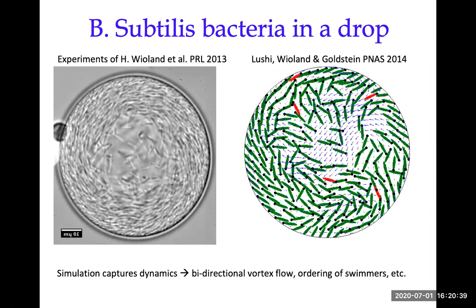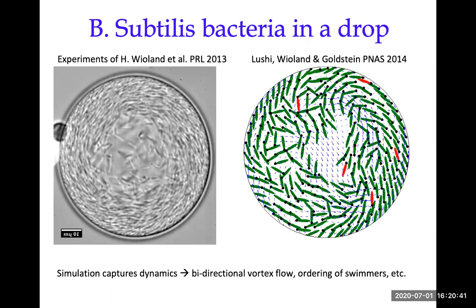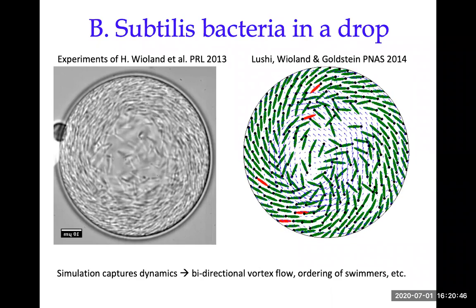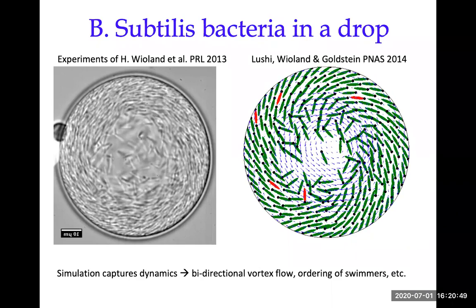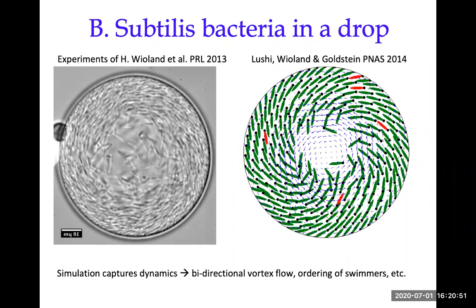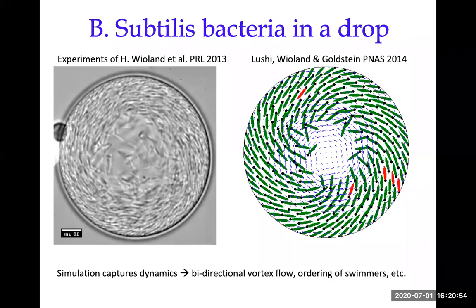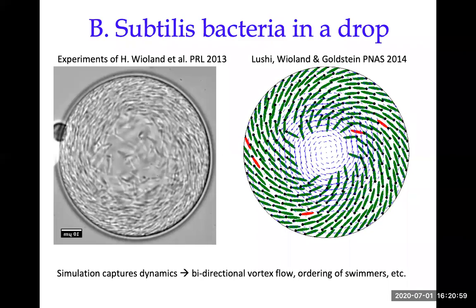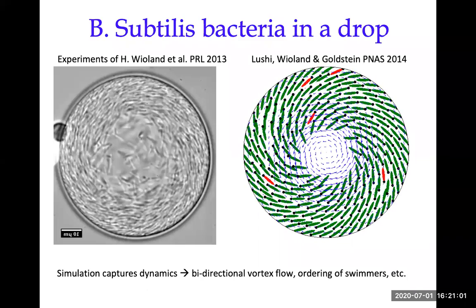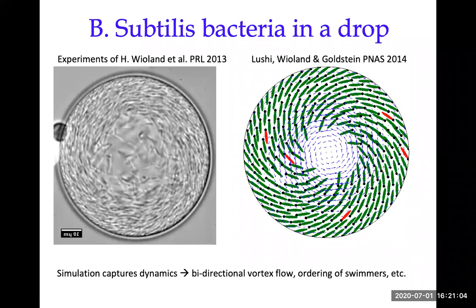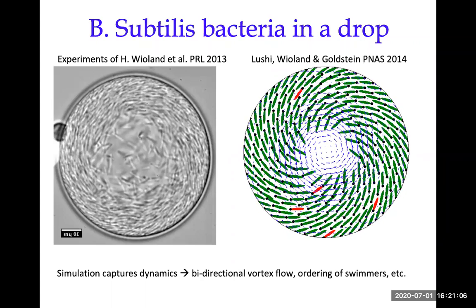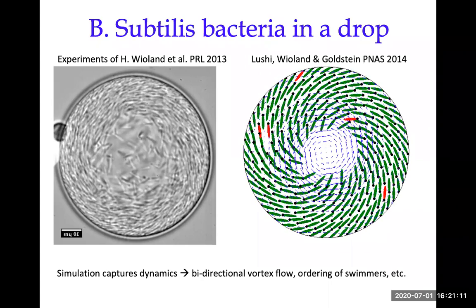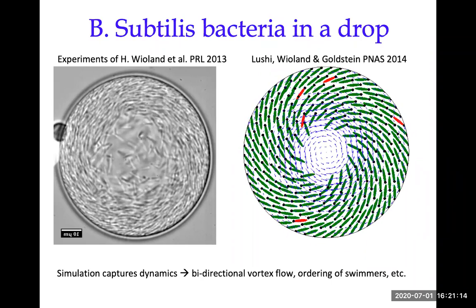I'm coloring here with the black dot the direction of swimming for these particles, and the red ones are just to visualize certain individuals. And you'll see that organization starts at the boundary and it quickly organizes, right? So you'll see them swimming and you get this spiral vortex flow. And if I hadn't put the black dot to show you the direction of swimming, you would just see that the ones on the sides, near the boundary, are moving in one direction, and the ones in the middle are moving backwards, right? But this is essentially a stable structure.